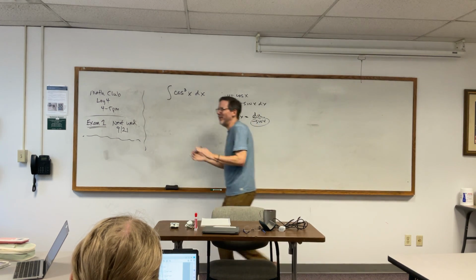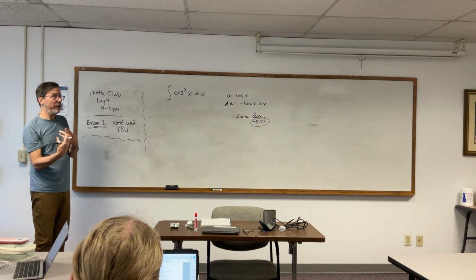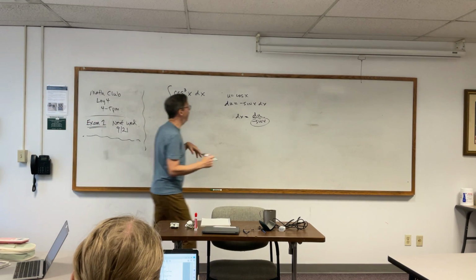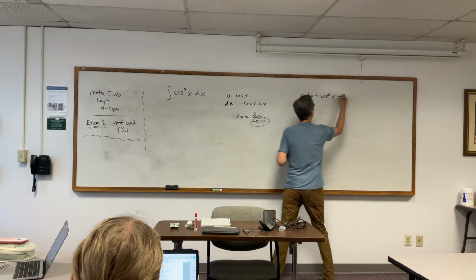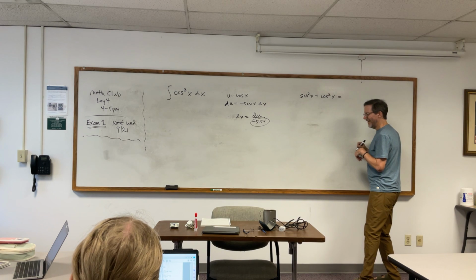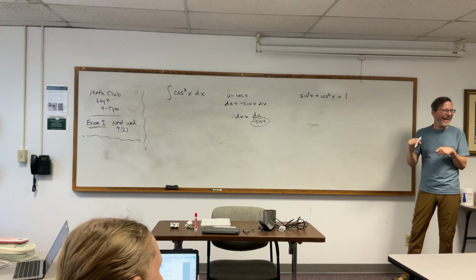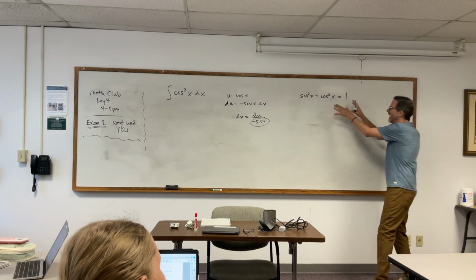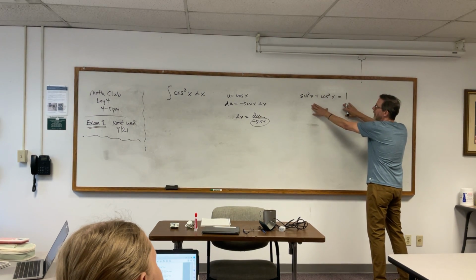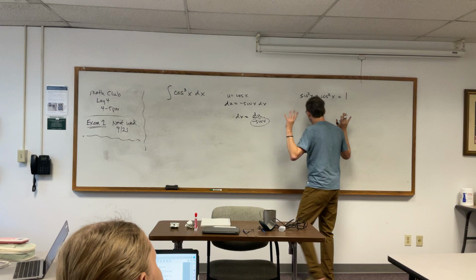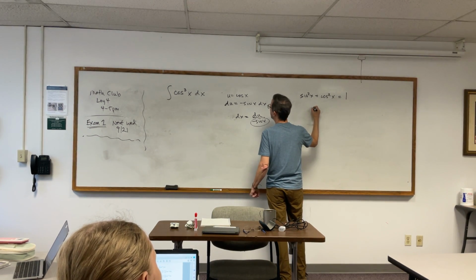This is one you don't have to do, but if you know trig identities really well, you might realize that sine squared plus cosine squared equals what? Yeah, 1. It's 1. That's like the ruler of all trig identities. This is just a really good thing to know. You won't need it for the exam, not at all. But notice that also means that